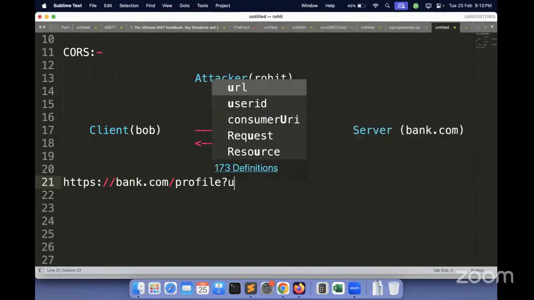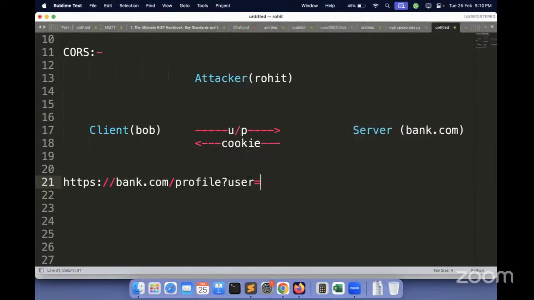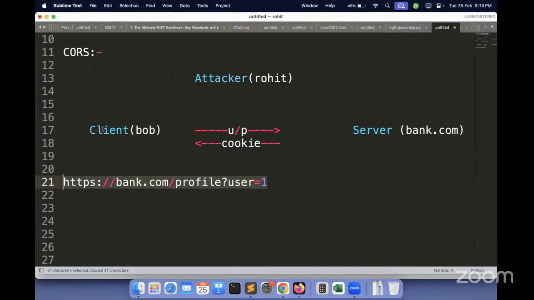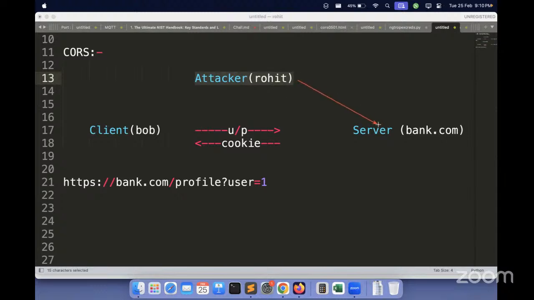bank.com/profile?user=1. Let us assume this is how the GET-based URL looks for the client, which is Bob, once he's successfully logged in. Now, the attacker is going to send a request to the server. And the request is going to be